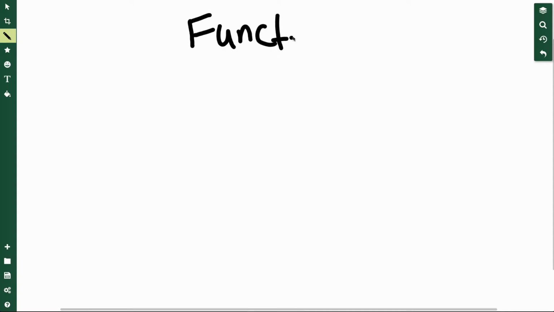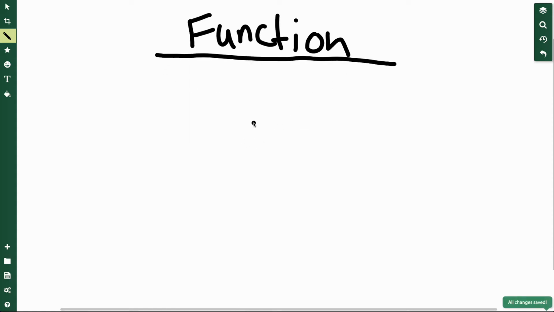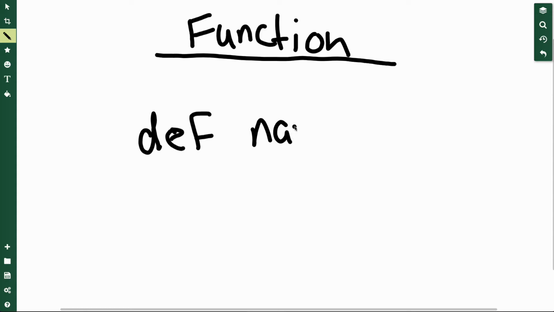Okay. So a Python function, what's awesome about it is how reusable it is. Again, it's like a high performance cup versus a throwaway cup. And so the syntax here, if we just draw this out, is you do a def at first, and then you have the function name. So we'll just put in name here.